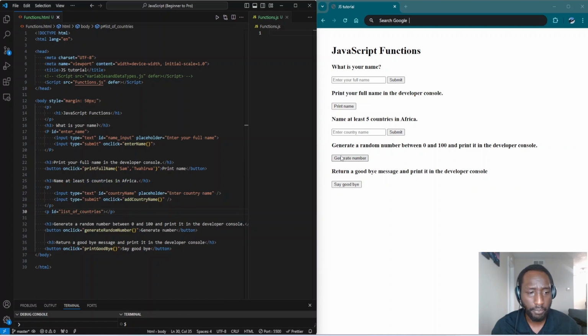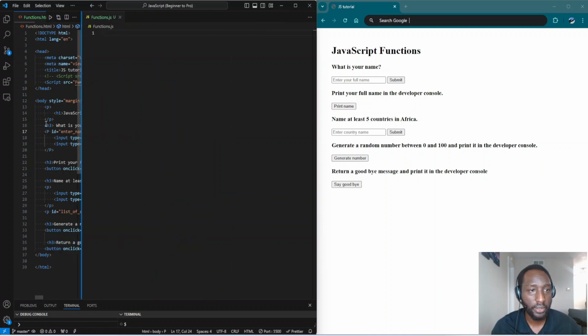And then we have this other part, which is generate a random number between 0 and 100 and print it to the developer console. And lastly, we shall have this one, return a goodbye message. Okay, so this is the HTML file that we shall be using. Now, let's get into the JavaScript. So,